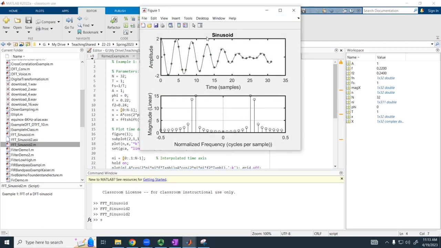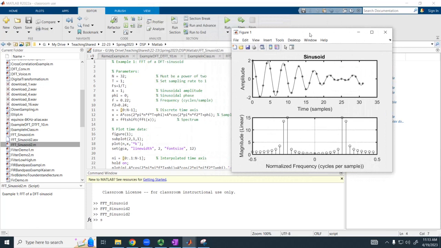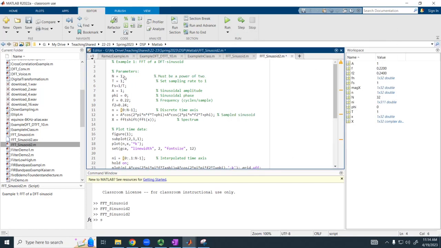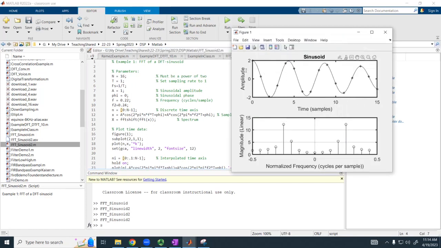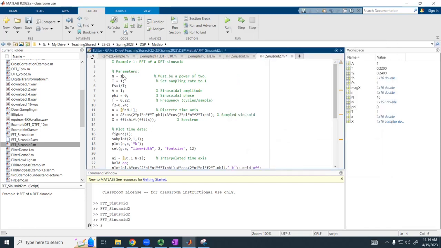So what we have here, we have two sinusoidal signals. And you can see when I add these two sinusoidal signals, depending on the resolution when I generated the sinus, I have two sinusoidals. One has a frequency of 0.22, one has 0.24. And I'm adding them together. Now, if I choose n to be very small, I'm not going to be able to separate these from each other. So, for instance, n equal to 16, it looks like I have only one sinusoidal signal. However, if I increase n, if I have n equal to 1024 and I run it,